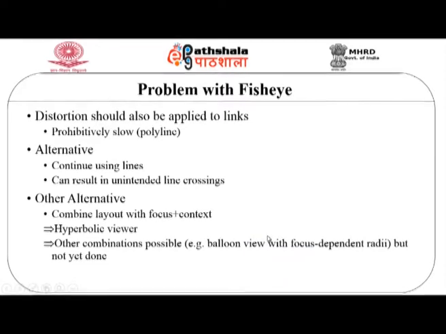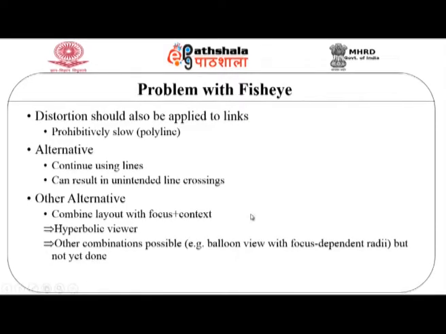The problem with this kind of fisheye approach is that the distortion should also be applied to links. So when we try to apply these distortion techniques to the links, they become prohibitively slow. The alternative is to continue using straight lines, which can result in unintended line crossings as such. Some of the other alternatives for applying the distortion techniques to links are to combine the layout with focus plus context